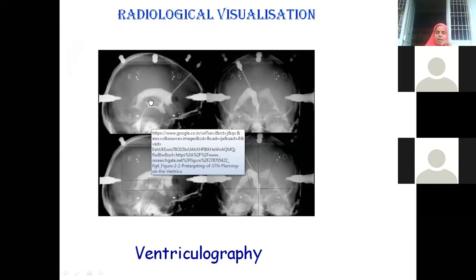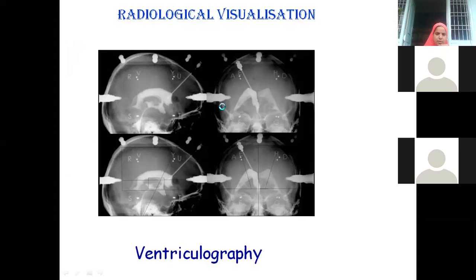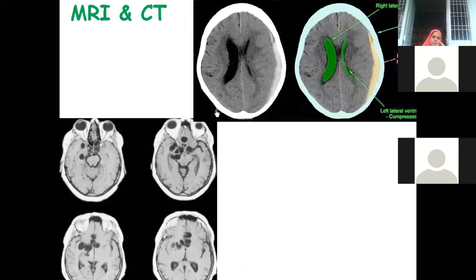This is the superolateral surface view. This you have taken from the superior aspect of the skull bone. You are finding 2 ventricles in fact. These 2 are in the same plane. Yesterday also I kept one picture like this. So what is happening here? We are finding there is compression of the left lateral ventricle. The right lateral ventricle looks normal. MRI and CT scans, we can check this.